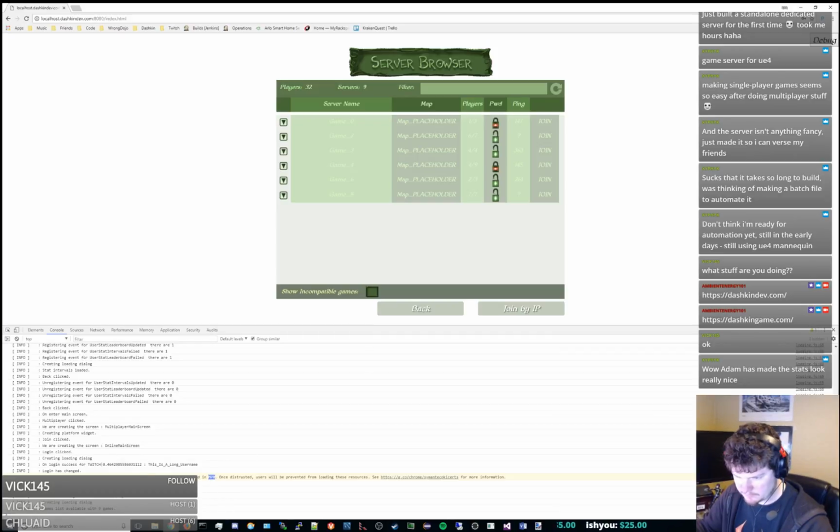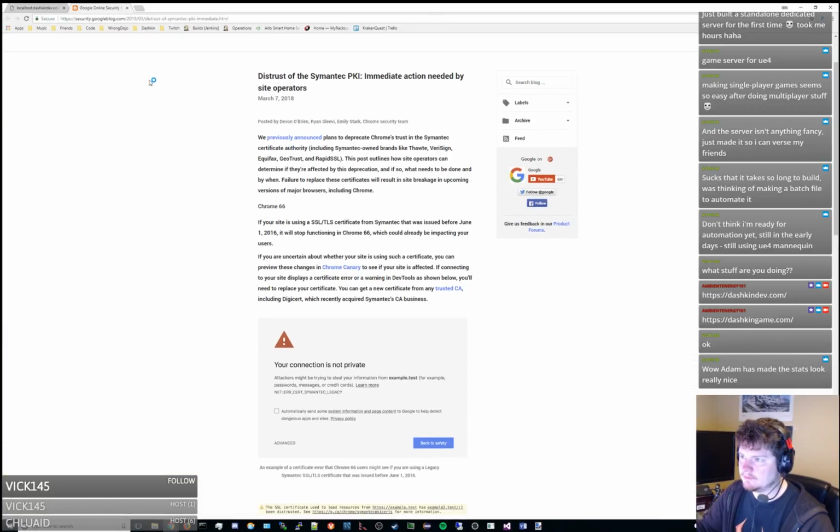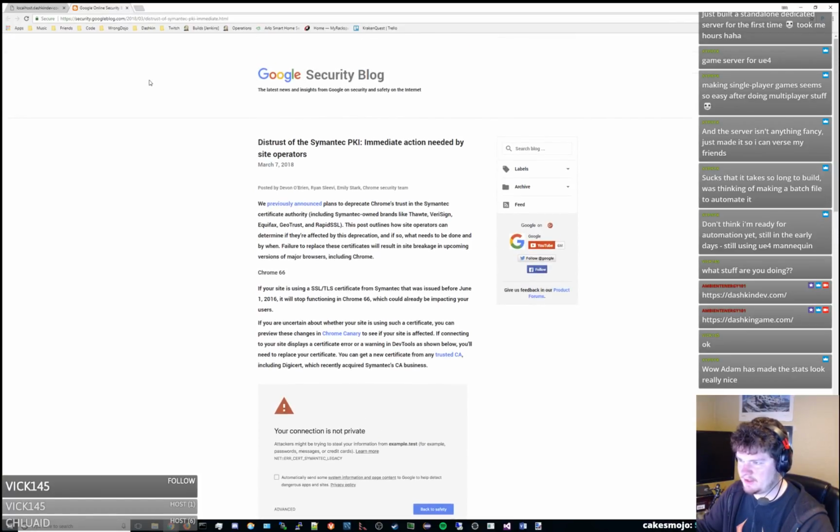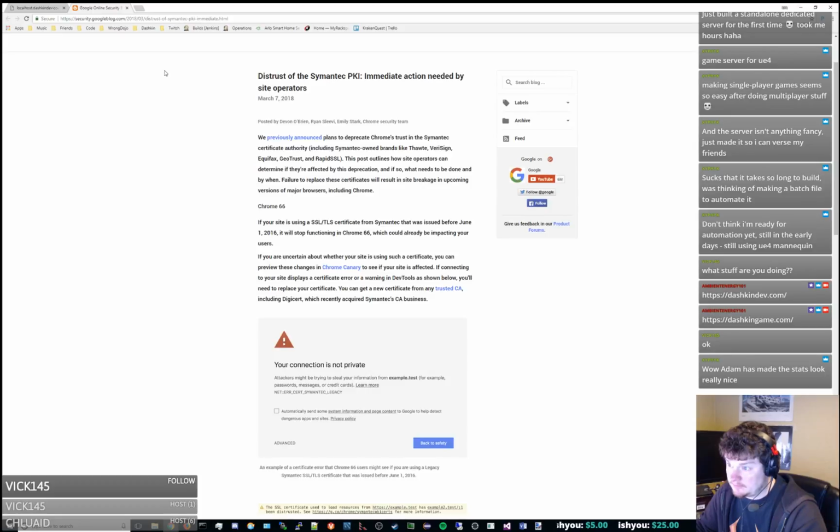What the hell? The SSL certificate used to load resources will be distrusted in M70. Once distrusted, users will be prevented from loading these resources. Uh-oh. Is Twitch not going to update this stuff properly? Okay, June 1st. Oh, yes, alright. March 7th. So when is this gonna go into